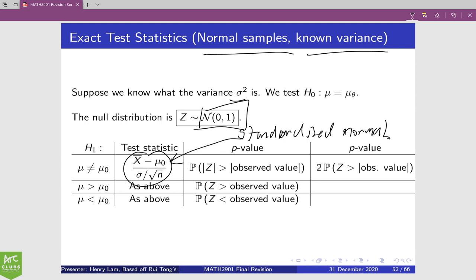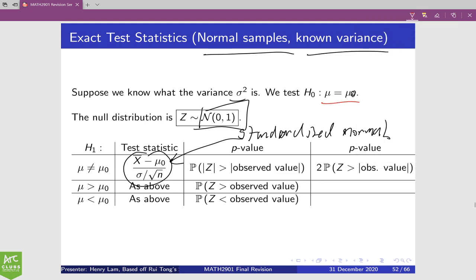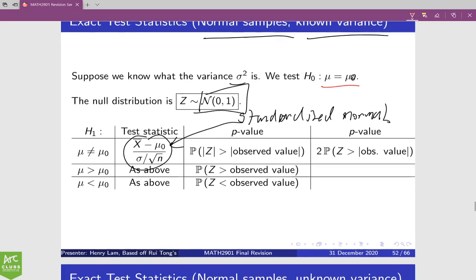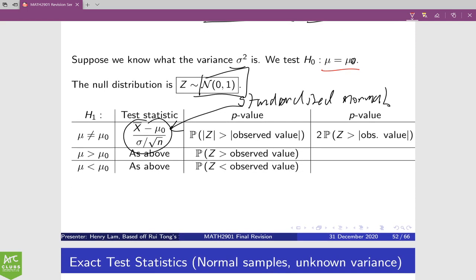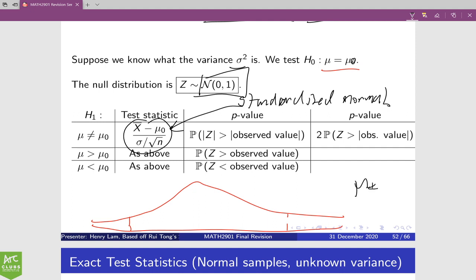Right, and notice how it's mu0, because under the null hypothesis, we assume that the true mean is mu0. So that's why you minus that as your parameter, essentially. And if you want to do a two-sided test, let's suppose we draw out the distribution. We know this thing follows a standard normal. If we want to check the fact that mu is not equal to mu0,